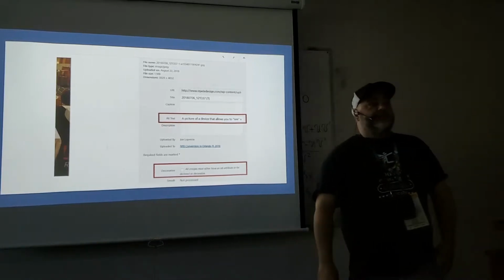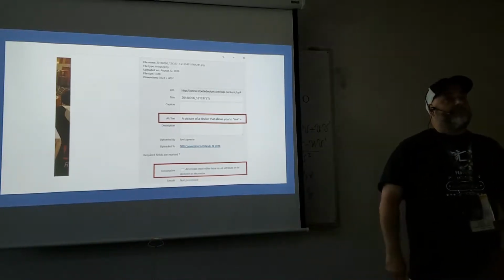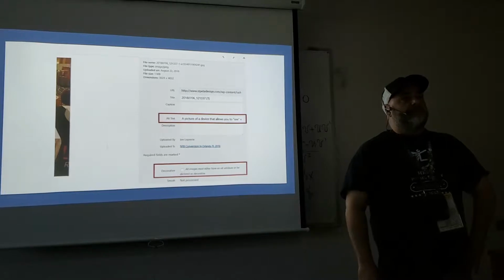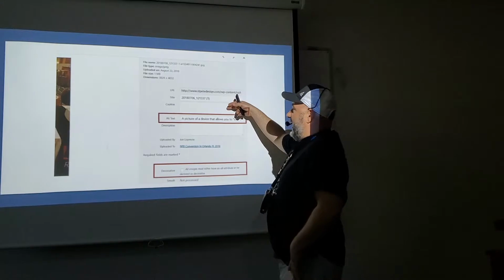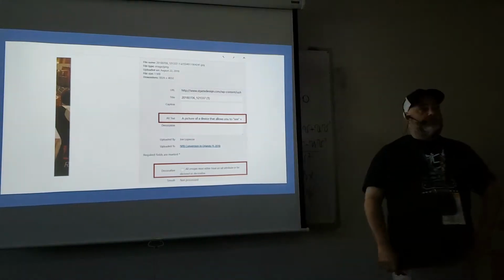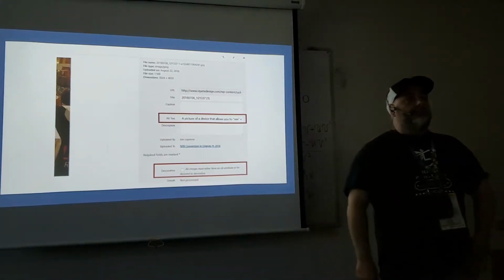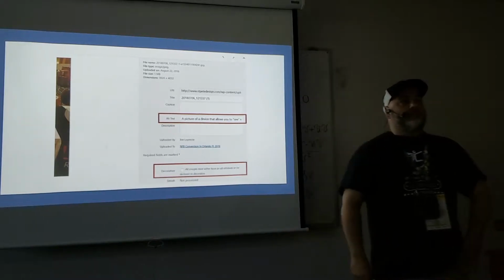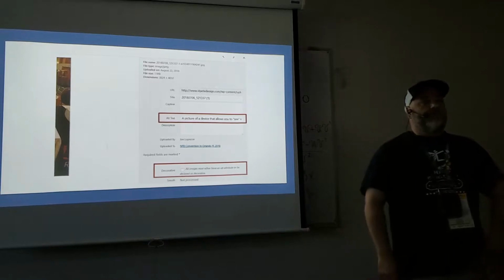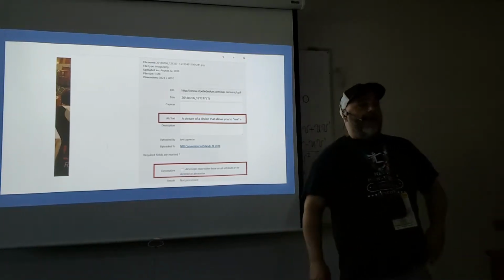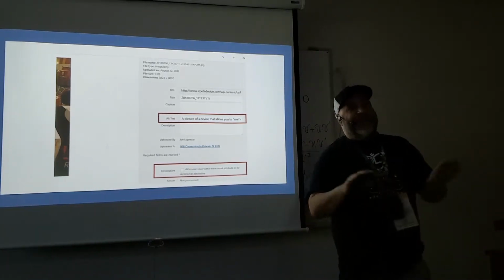I'm sorry to interrupt, but if you put in the alt text, will that also show up as the description underneath? No, that'll be the caption. And is it possible if you put in a description for a screen reader to pick up that rather than having to fill out the alt text and the description? No, you need the alt tag. The alt tag, the alternative text, is the actual law.